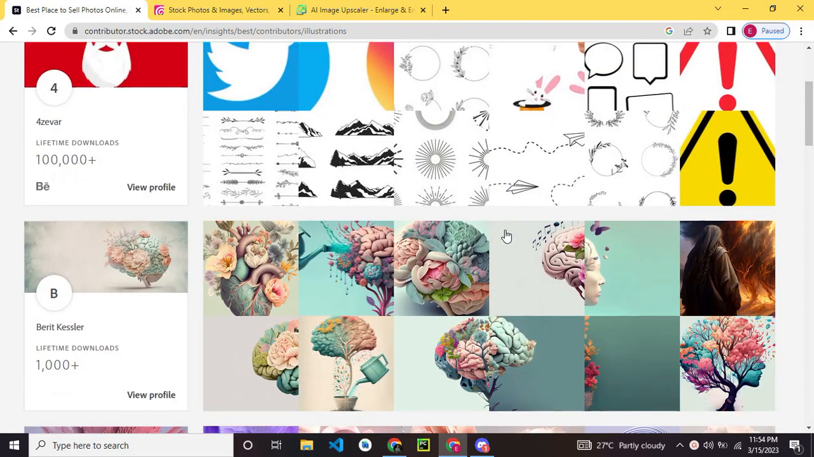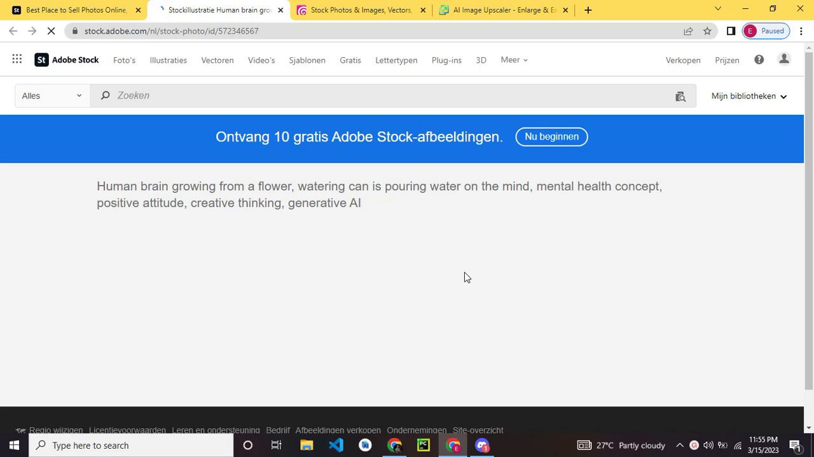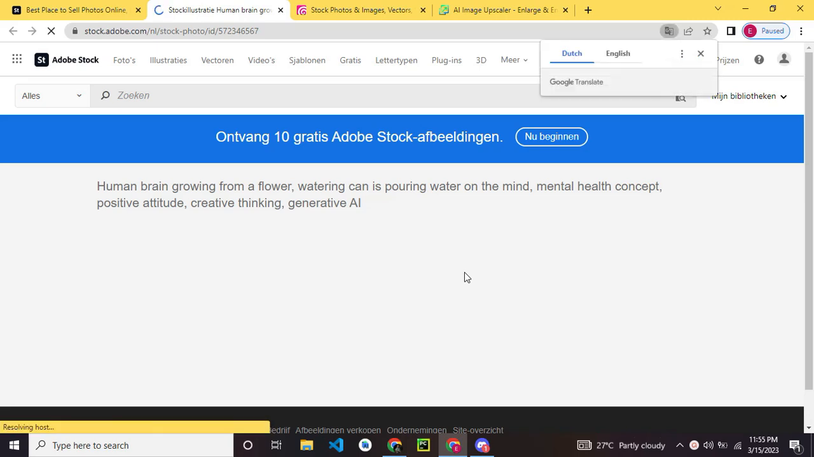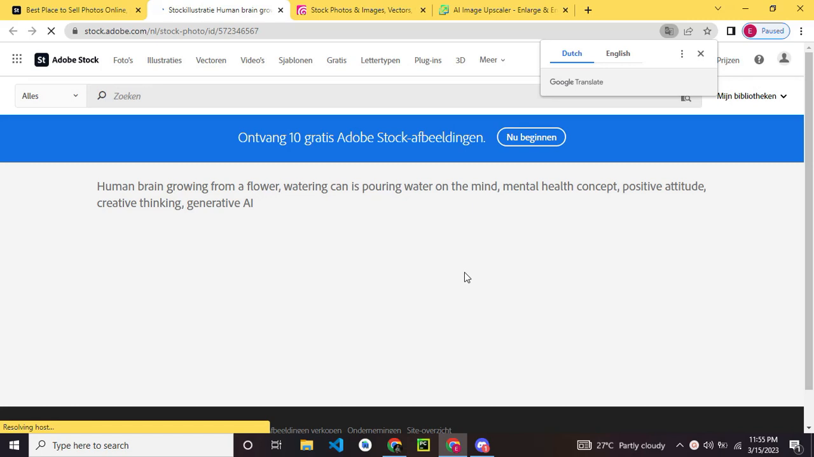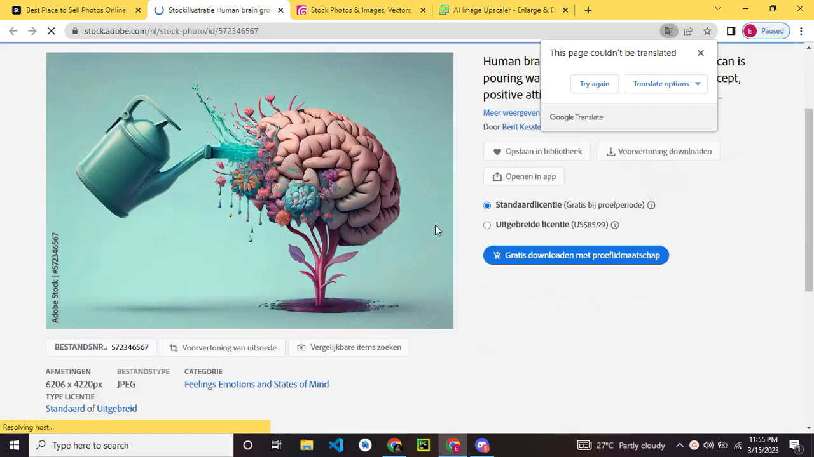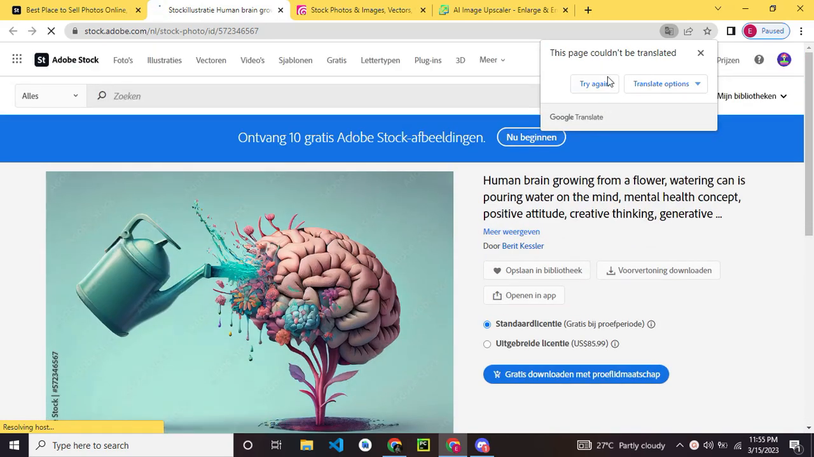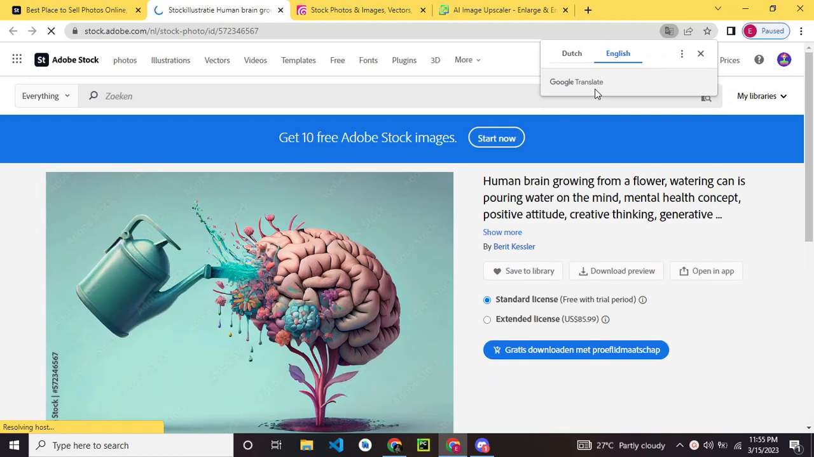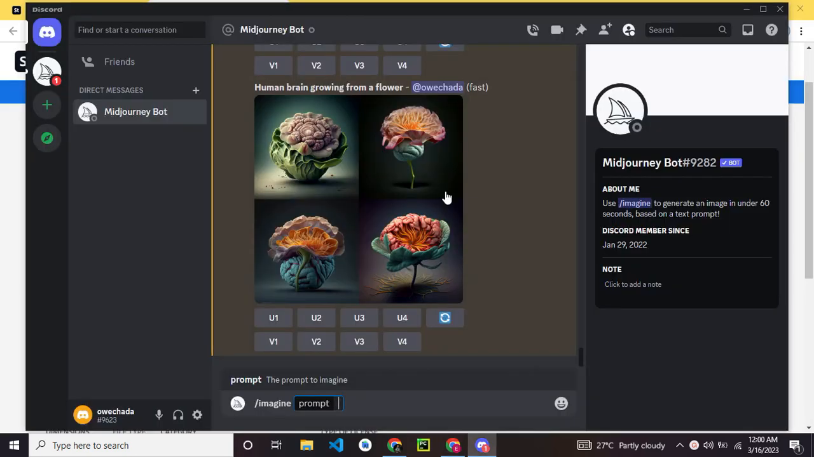And then let's take a look at this image. When you click on the image, you will see the keyword that was used in order to create that image, right? I'm not sure if the image was created using Midjourney or some other advanced 3D rendering software. So what I'm going to do now is try to recreate this with Midjourney and then upload it. A human mind watered and growing from